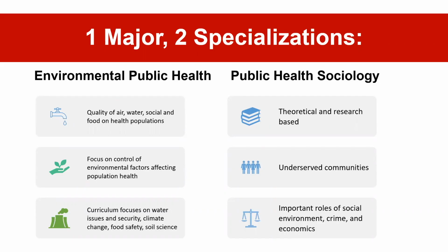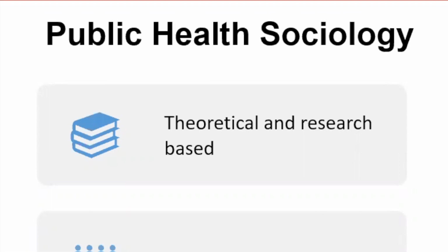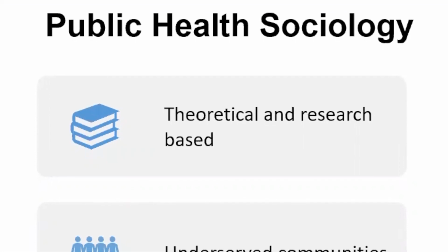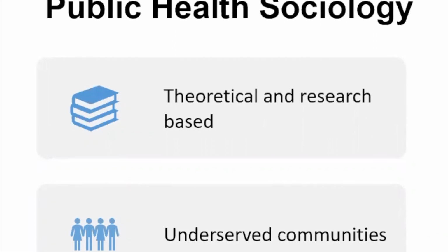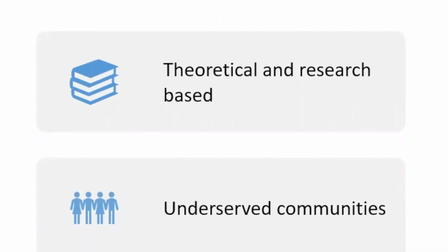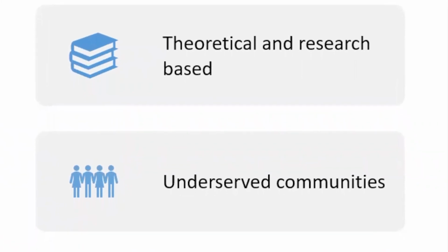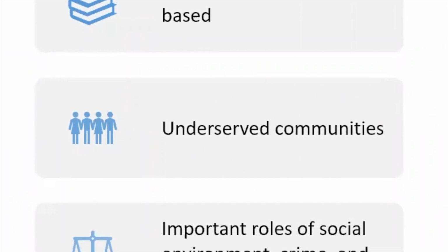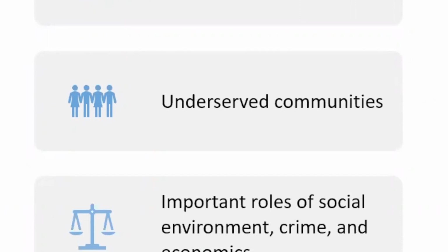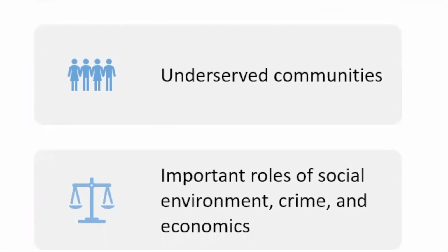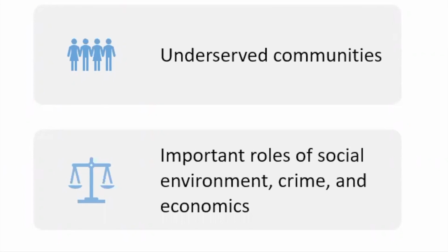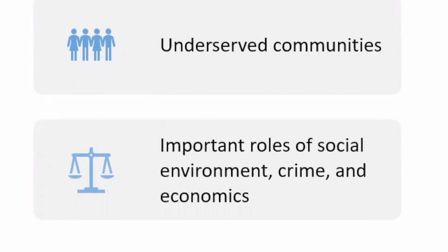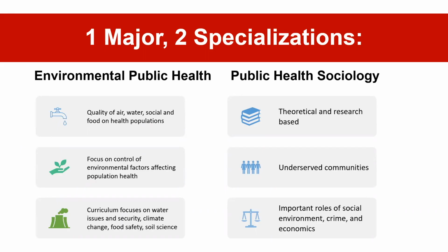specialization. And then the other that I wanted to highlight is the public health sociology option. So if you are focused on this specialization area, we are looking at the role of the social environment around you, the impact or lack of access to healthcare, and understanding those determinants and what that can do to, again, not only you, but those around you. Students in this area have done things like analyzed how COVID vaccines weren't as effectively distributed in rural areas of Ohio, and how can we analyze, study, and change those things for the better in the future. So these are the two areas that you would be applying to with the application.